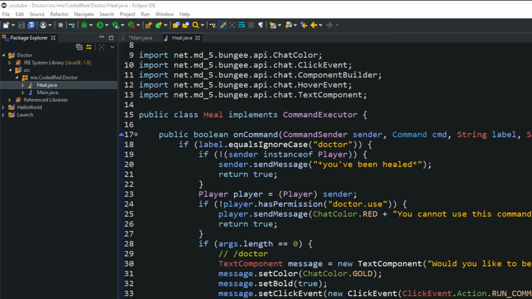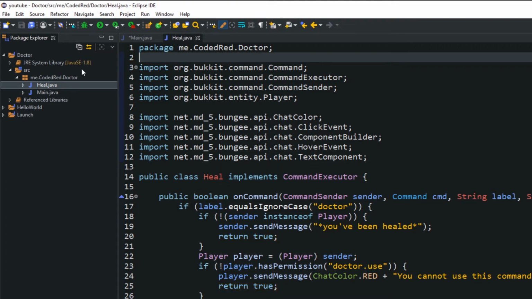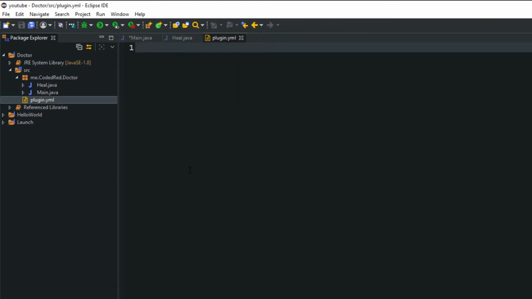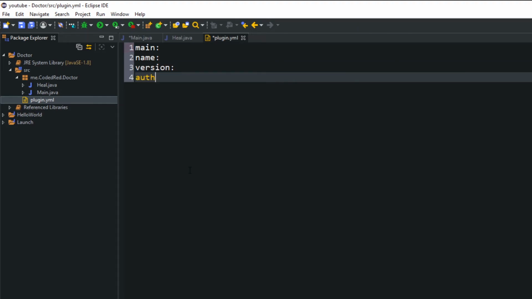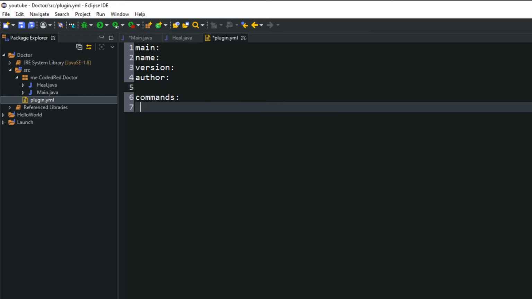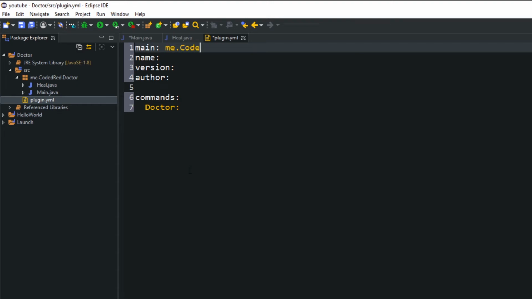So finally, the last thing you need to do is, of course, add in the plugin.yml. Just like I said in past videos, make sure you're creating it in the src. Right click on src, go to File, plugin.yml, make sure it's all lowercase. And we need a main, a name, a version, and an author. And our commands, 2 spaces, is just doctor. So the main is